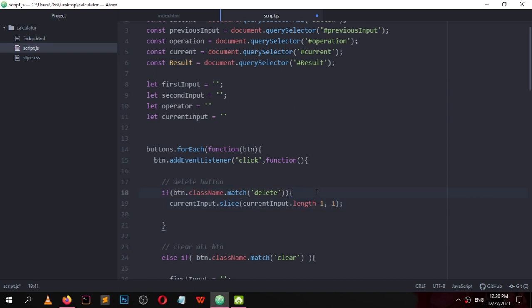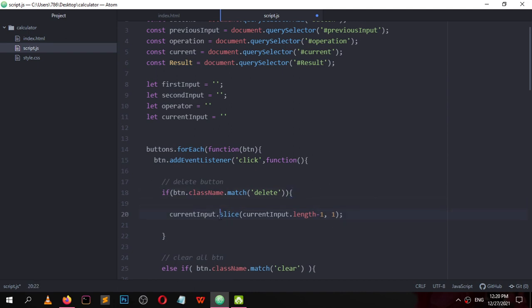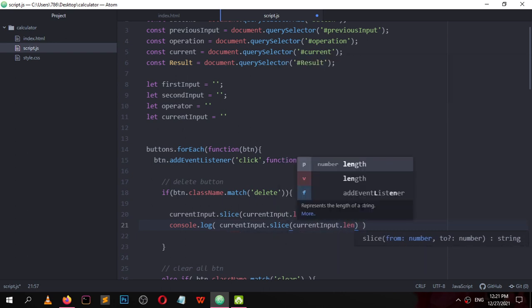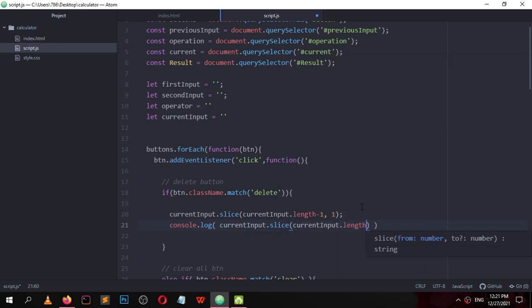First thing we are doing, we are calling a slice function. Let me console.log this: current input dot slice from current input dot length minus 1 to 1.